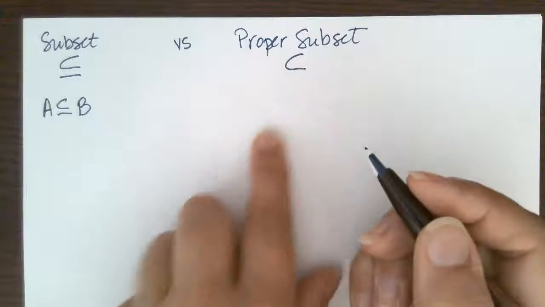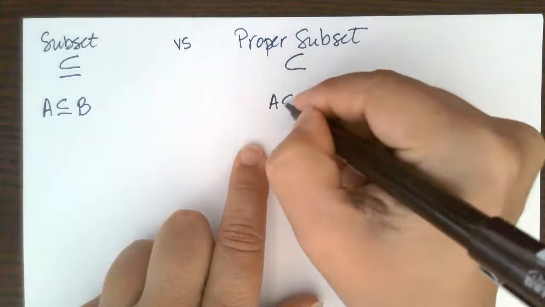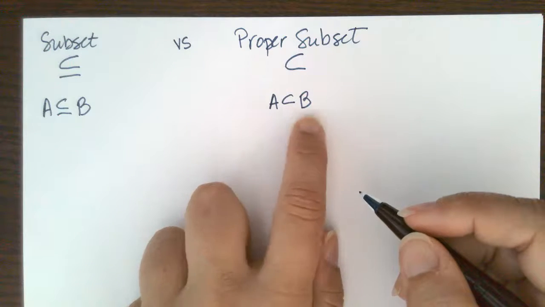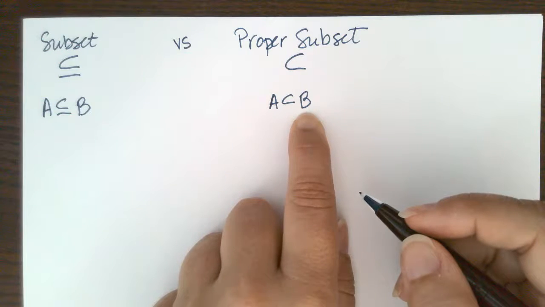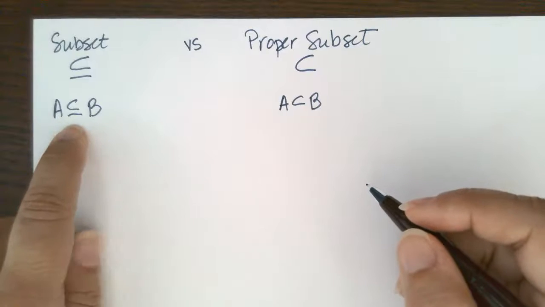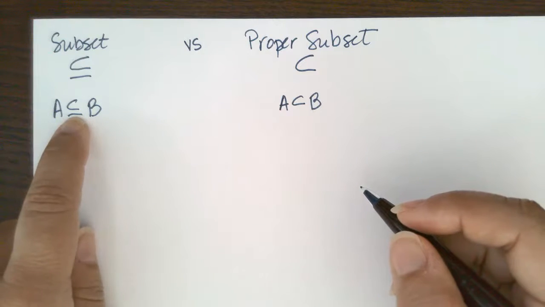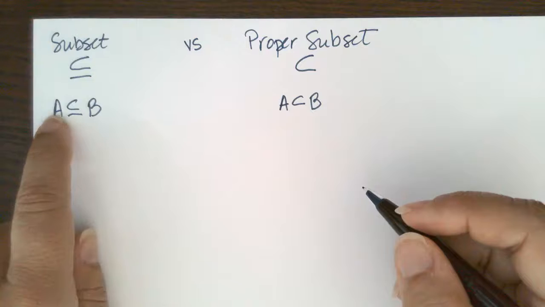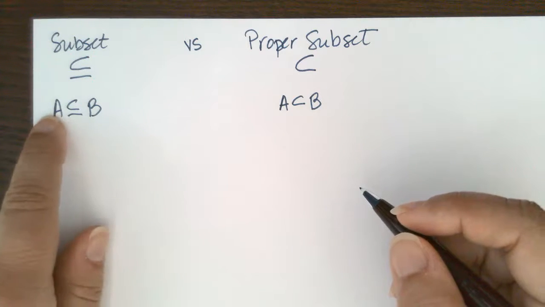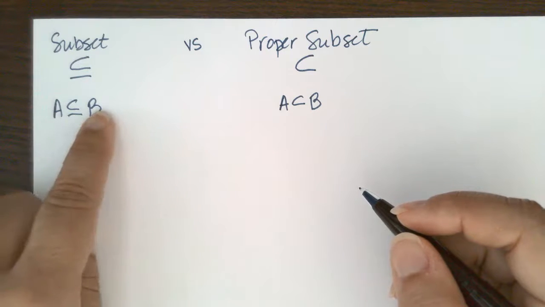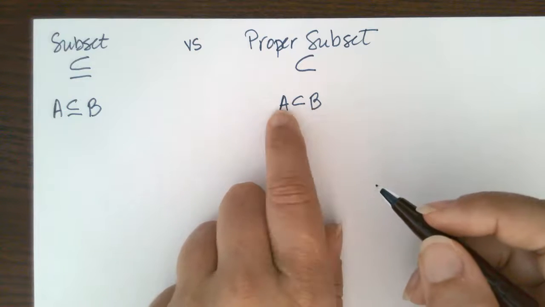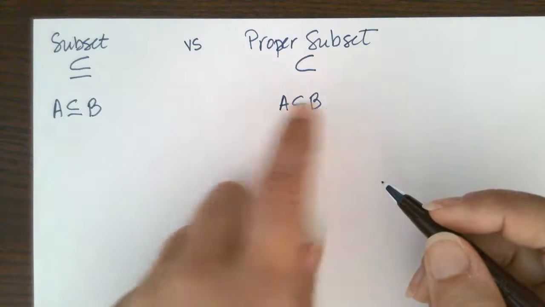With a proper subset, A is a proper subset of B means that every element of A also appears in B, but they cannot be equal, right? Notice the similarity to less than or equal to, which would allow a number to be less than another number or equal to that number. So in this case, this set would be contained in a smaller set B or could actually be equal to B. Here, A has to be smaller than B. It cannot be the same as B, okay?